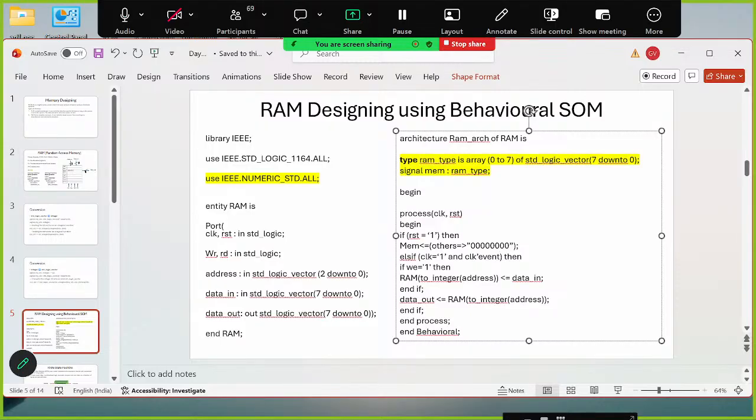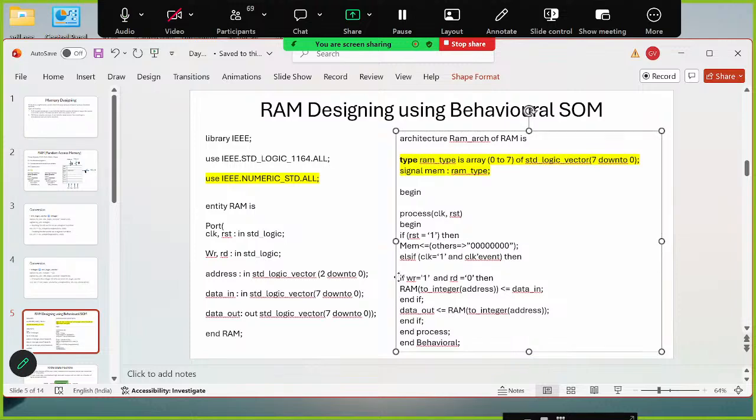If clock equal to 1 and clock tick event, then what we want, if write equal to 1 and read equal to 0, right? The same thing that we have discussed in the previous slide. If write equal to 1 and read equal to 0, then inside it,